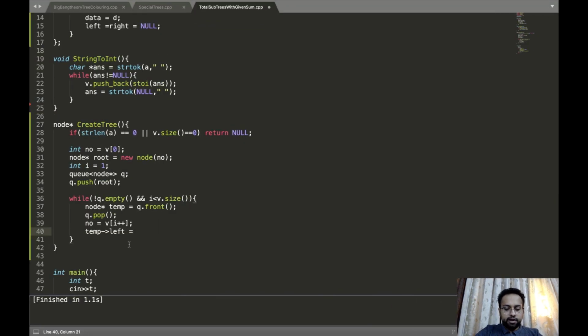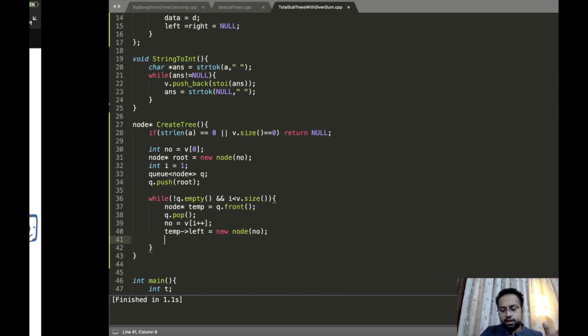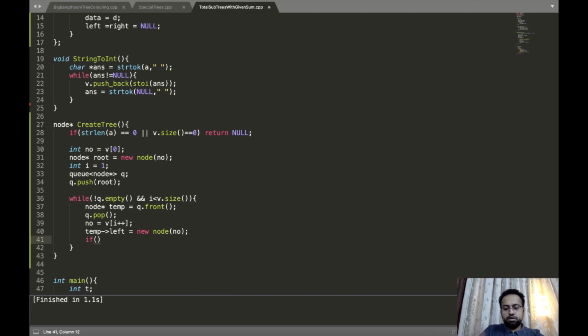So I'll write temp left equals new node, with the number that we took. Alright, that's fine. Now it's possible that all the nodes must have been considered. So I'll check if v dot size is smaller than or equal to i, meaning i becomes greater than or equal to v size, then I'll simply break this loop. We don't need to proceed any further because we have created the entire tree.